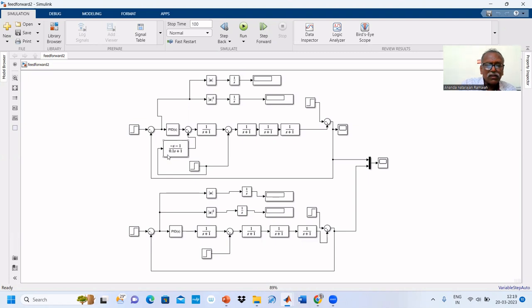That's why we are deliberately dividing by 0.1 s plus 1. So this is the controller. In this case, now let us compare feed forward controller and